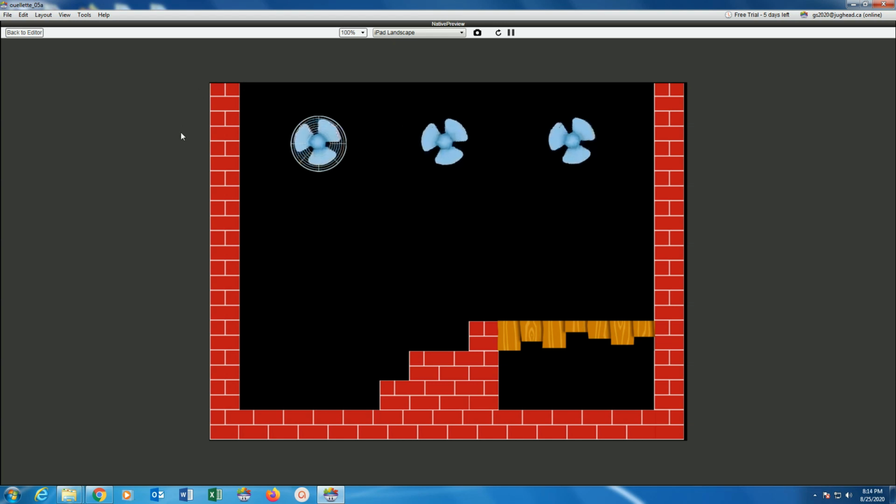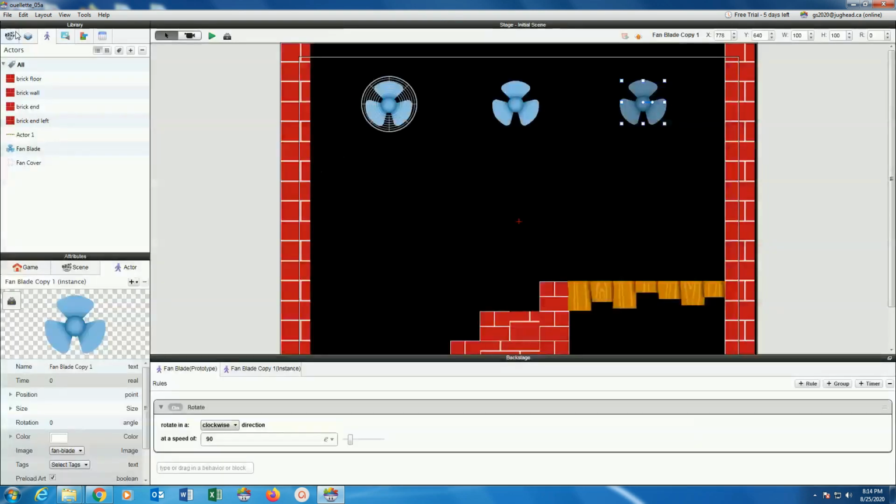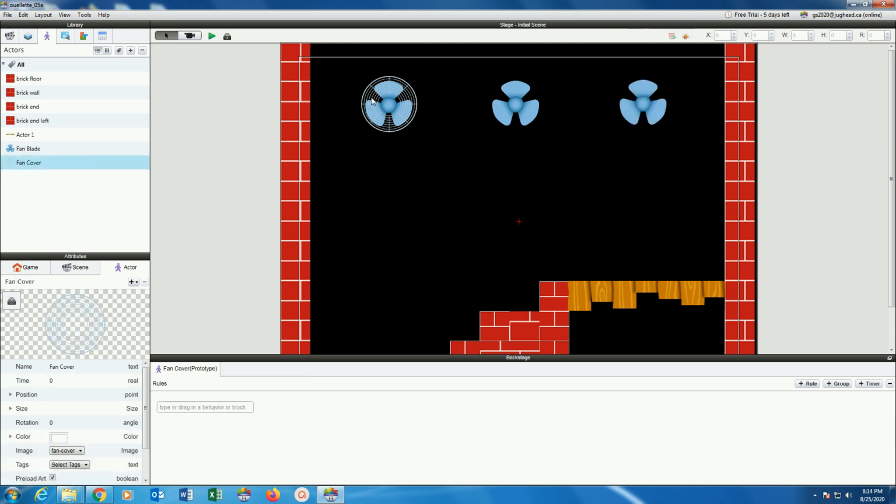So whatever behaviors, whatever attributes are attached to that prototype, when we drag it out on the stage, it creates another iteration of itself, if you will. It's like a clone. Nice thing here, though, is they're not only like clones. If I was to make a change back on the original prototype, it would reflect in every instance of that item. So now we'll just put the fan covers on, and actually I'll take this fan cover, alt click and drag,